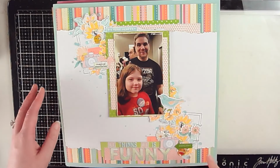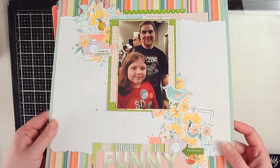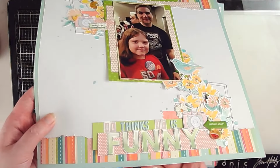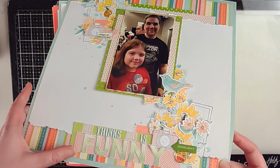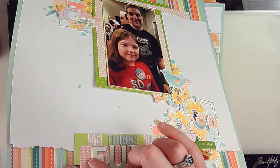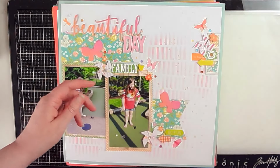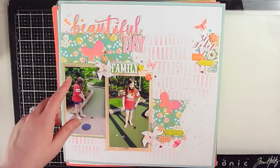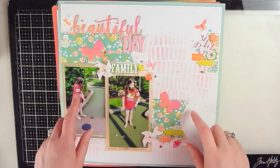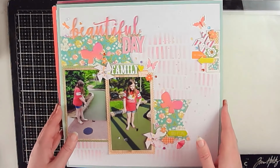So again, this is another picture from Disney of my husband and my daughter, and I fussy cut part of my title here that I did some sort of paint effect, doing a gradation of the color, so that was a fun one. This layout here was my most recent video, which was the 29th,